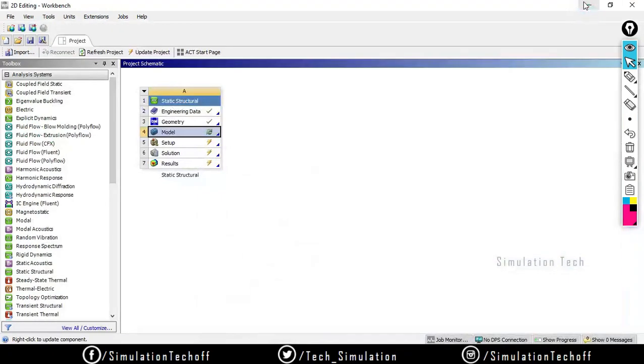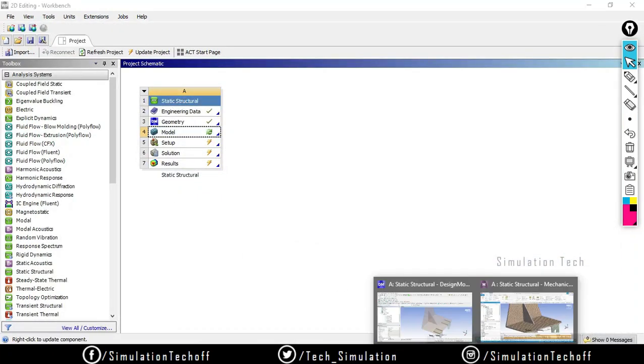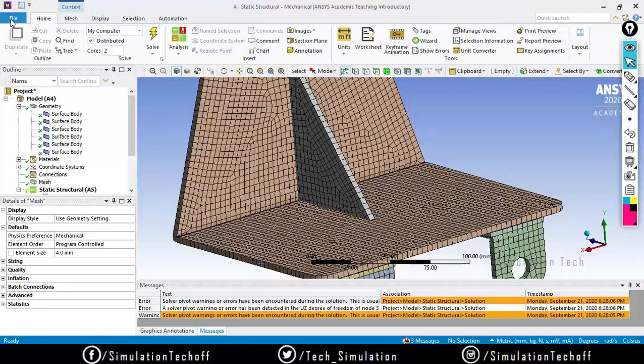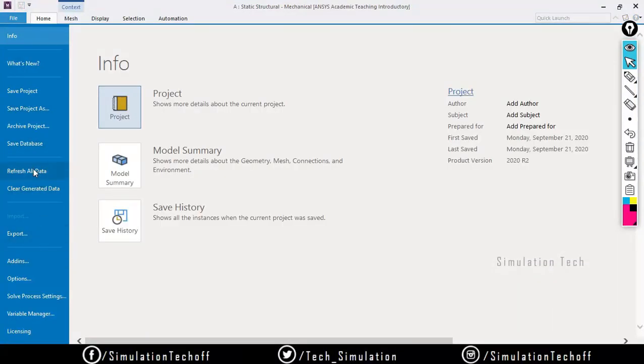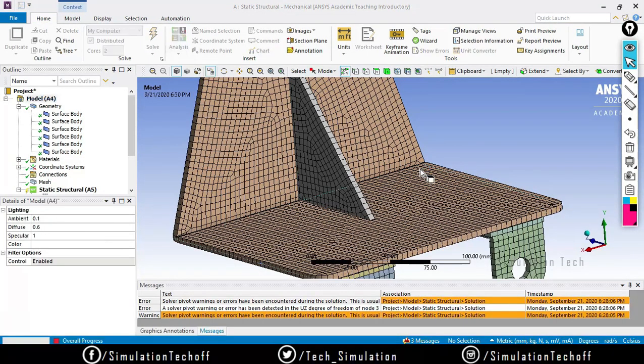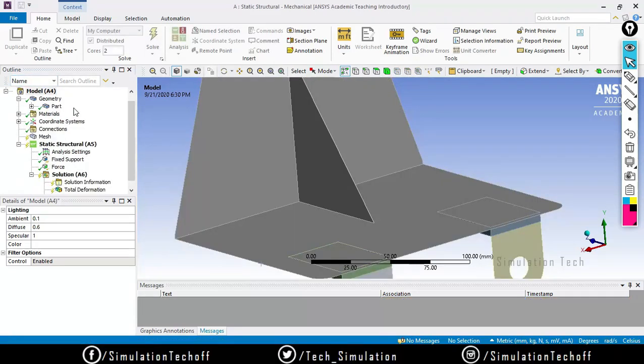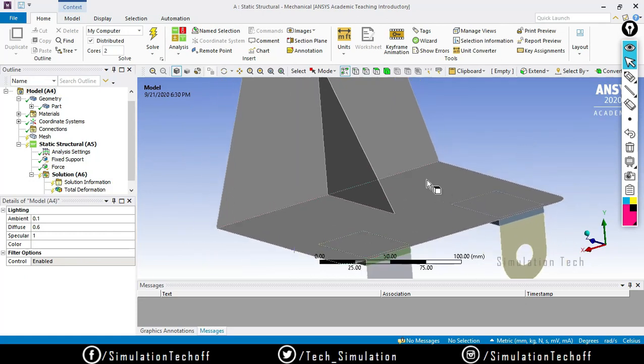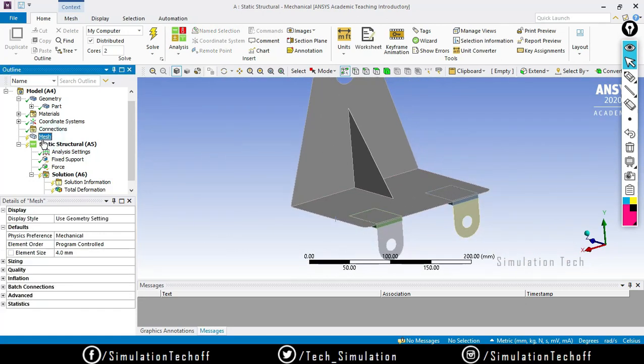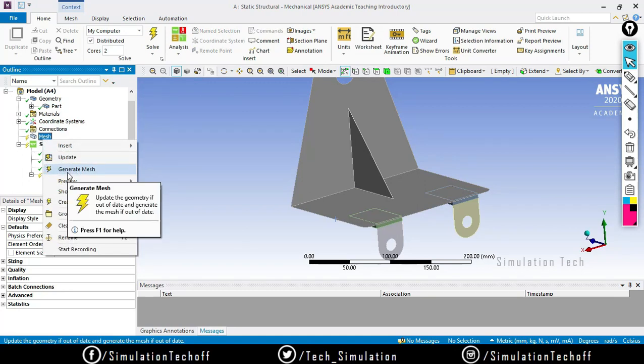And again I minimize the design modeler. I will go back to ANSYS Mechanical and say refresh all data, or else you can right click the geometry and say update from the source file. Now you will notice that there is a color difference in the model. So again you need to mesh it, right click and generate mesh.